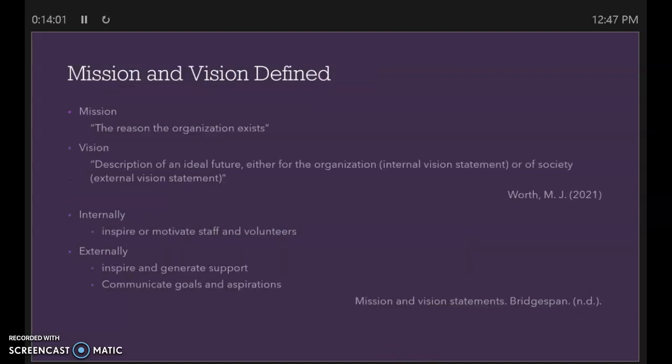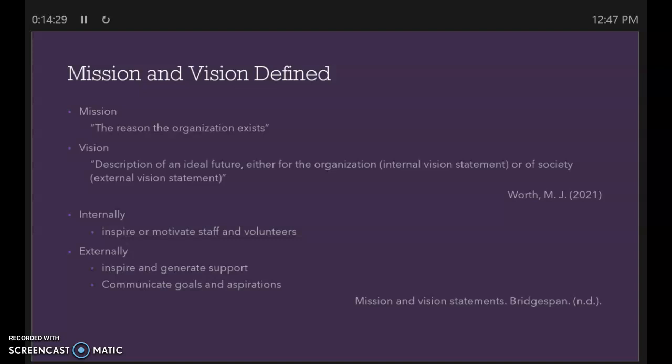So here we have mission and vision defined per the Worth text. Mission: this is the reason the organization exists. It's the purpose of that specific nonprofit. And then the vision is the description of an ideal future, either for the organization, the internal vision statement, or of society, that external vision statement. And the vision is really what the nonprofit could aspire to be